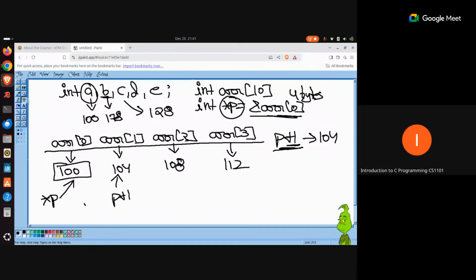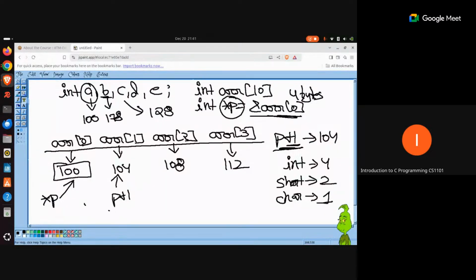The pointer relies on this contiguous memory allocation concept, because when you do p plus 1, it doesn't know what the next element of that array is. All it knows is that it has to make a jump of one memory address from wherever it is currently present, and depending upon the data type this pointer is referring to, it decides how many bytes to jump. If this pointer is referring to an integer value, it will jump 4 bytes. If it is referring to, say, a short integer, it will jump 2 bytes. If it is referring to a character value, it will only jump 1 byte.